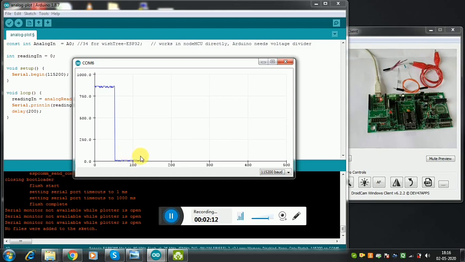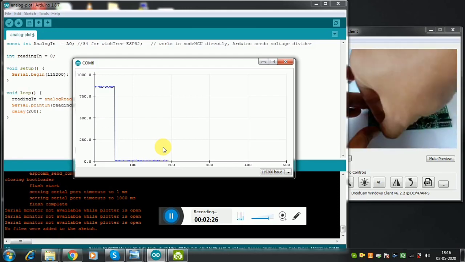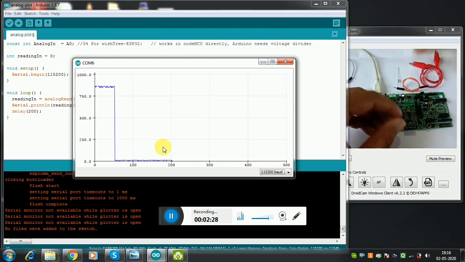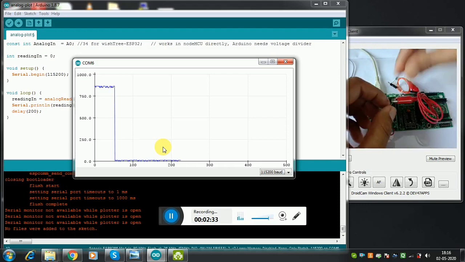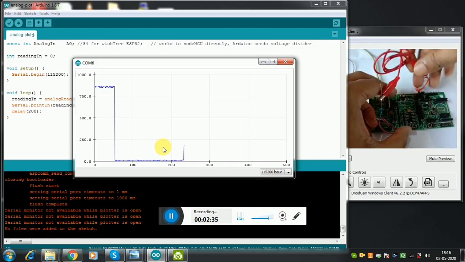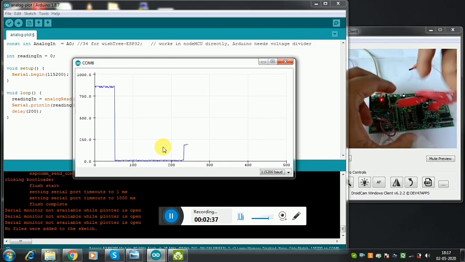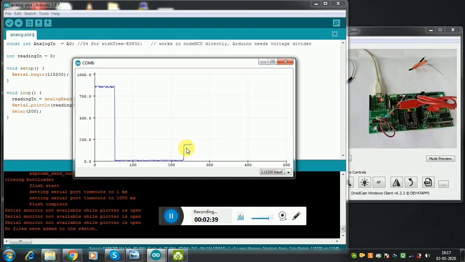Okay, now we'll add some voltage which is in between, because I cannot regulate the laptop voltage. So I am using some resistors like this. Through this resistor we will connect to the analog in pin. This resistor will drop some voltage. I have different value resistors. Now let us connect to the analog in, and you see it is showing something in between.